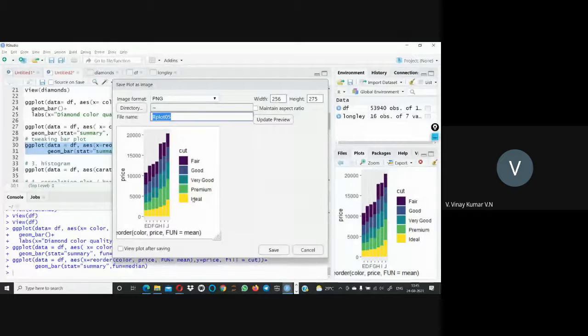So in this graph, we are taking the color of the diamond. Okay, so here these are the colors of the diamond: E, D, F, G, H, I, J, and along with that, there are so many colors. Like with respect of mean, we are taking what cut it is in the diamond color. Also, it is depending on the cut variable. So fair, good, very good, premium, ideal. So these are the qualities in the diamond.